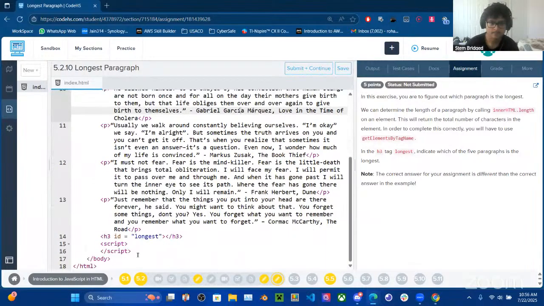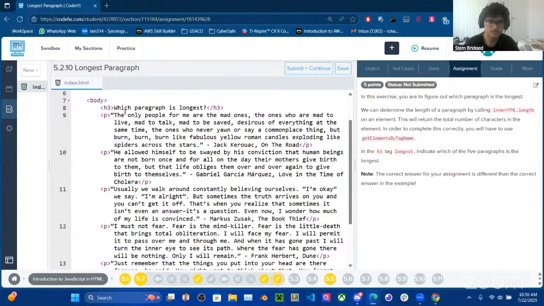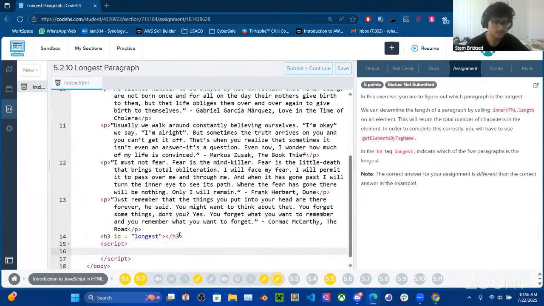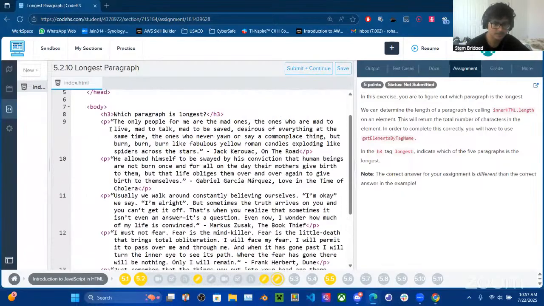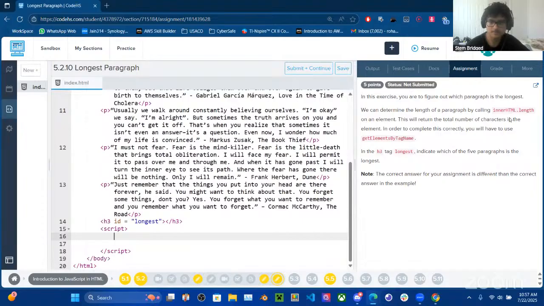So here you can see it gives you 5 paragraphs. Or if you already did this, you can leave. That's all for us. Okay, you can see there's 5 paragraphs. And then you can also see that you need to use inner HTML. So what you do is do